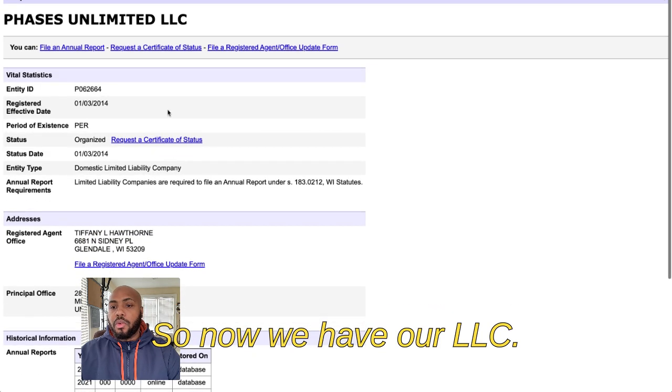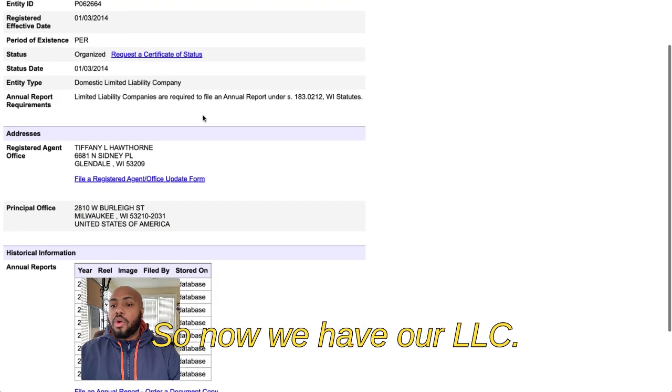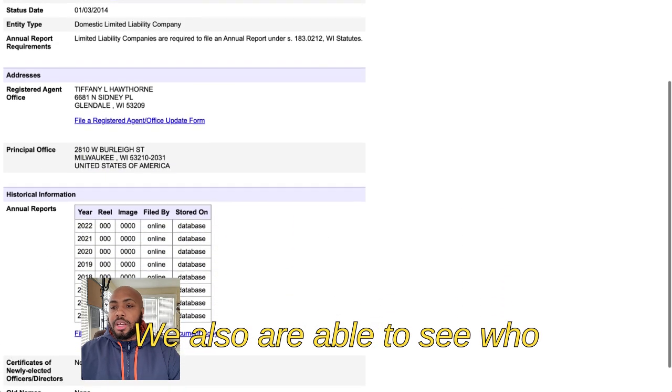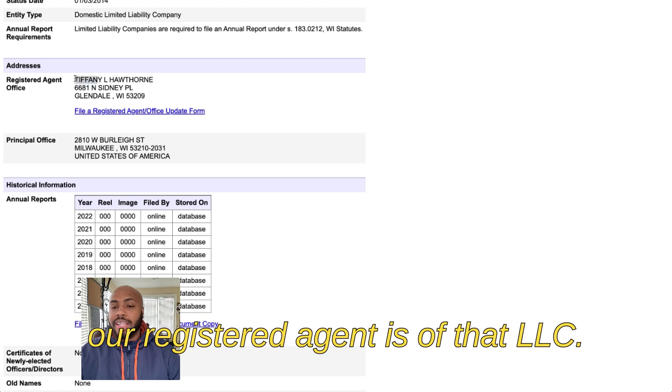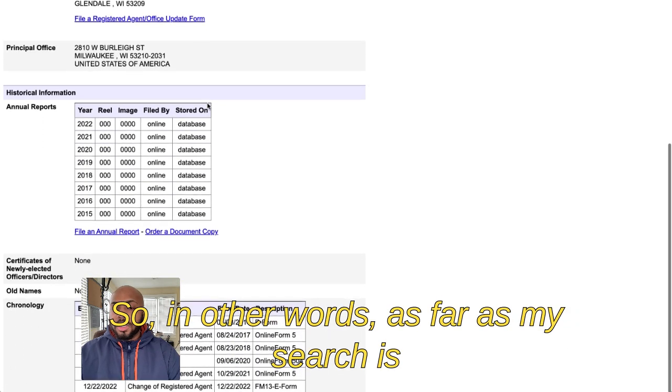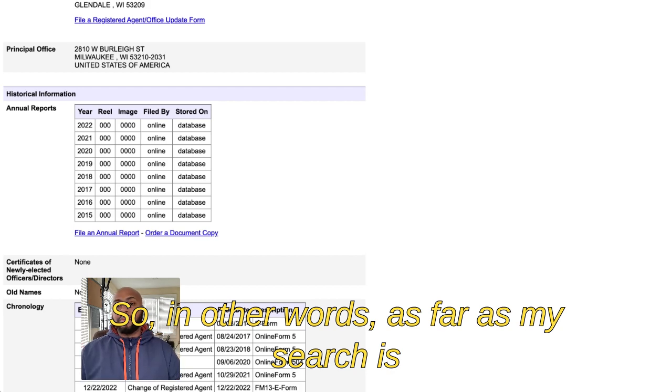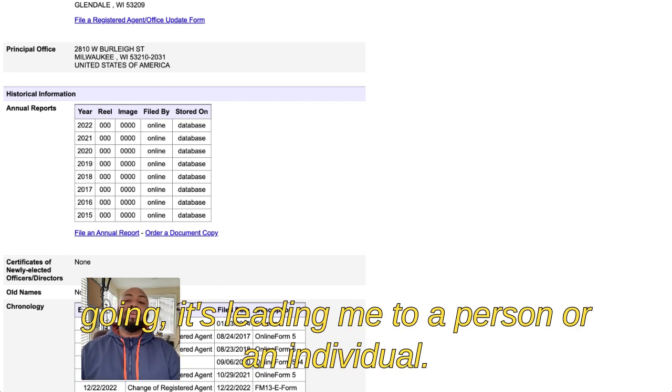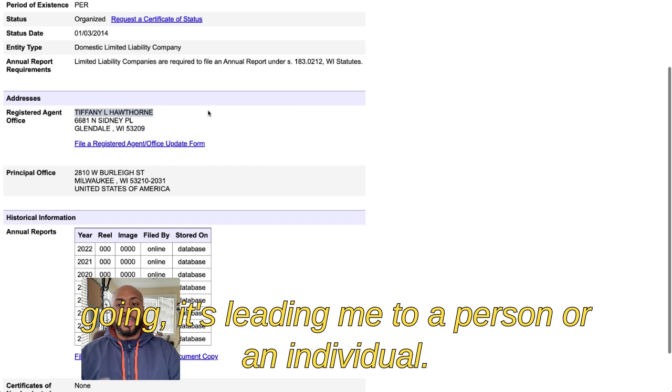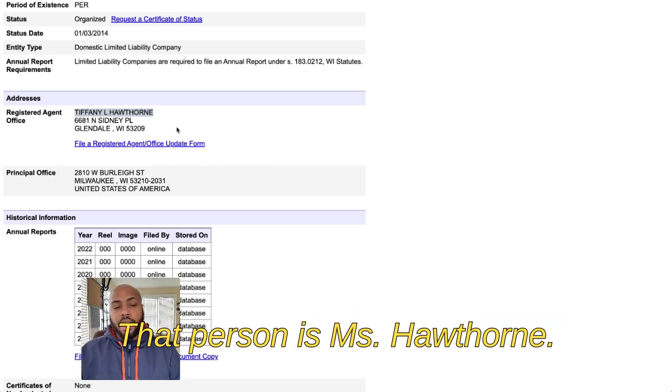So now we have our LLC. We also are able to see who our registered agent is of that LLC. So in other words, as far as my search is going, it's leading me to a person or an individual, and that person is Miss Hawthorne.